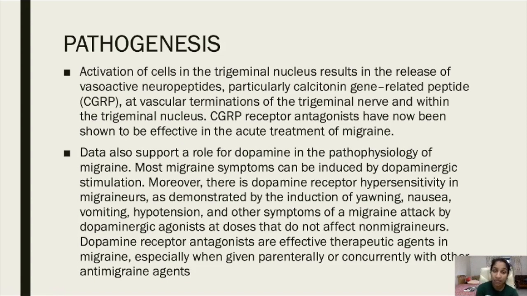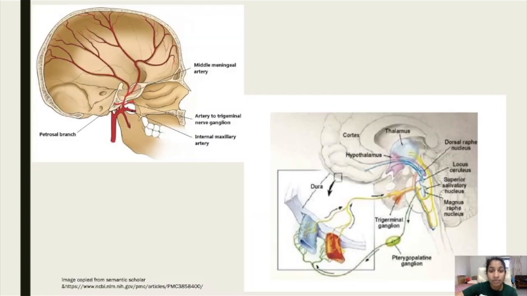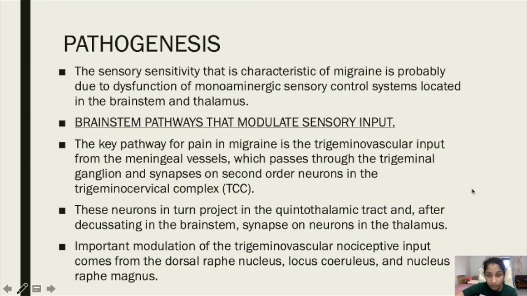So these two are the pathogenesis, or pathology, mentioned for this; they are hypotheses mentioned for migraine. The first one is due to that pathway, right? Trigeminal input from the meningeal vessel. This brainstem pathway that modulates the sensory input is from the meningeal vessels. There will be a trigger or an input which passes through the trigeminal ganglion, and then it will